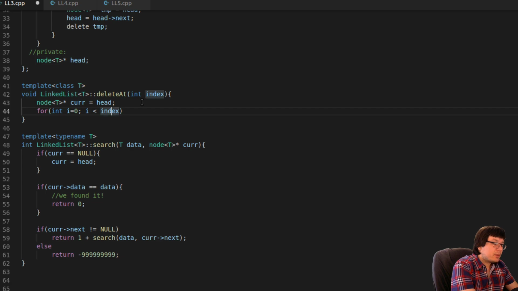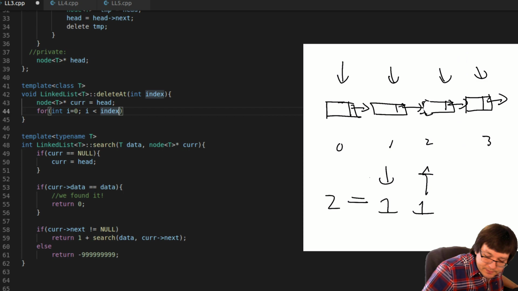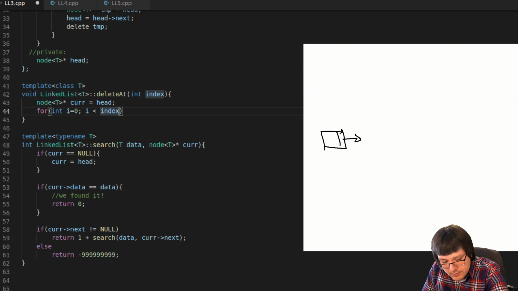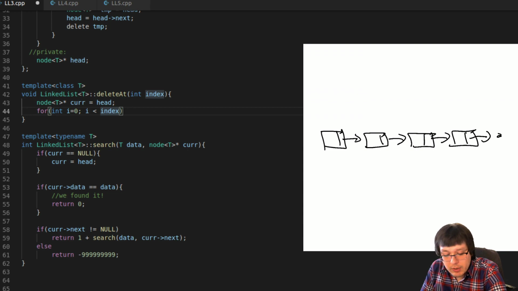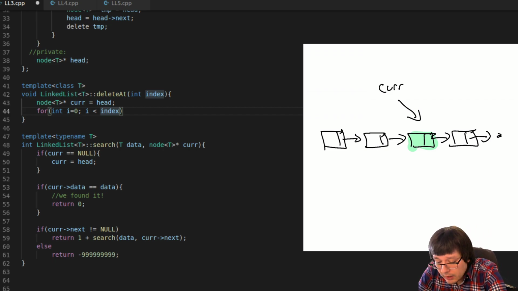Okay. In fact, actually, if we want it to hit 0, no, it'll be good like this, because when we get to what we want to delete, we don't want to be getting just a pointer to where we delete, right? Because this is going back to a scenario that happens when we're deleting, which is if I want to delete a specific node, let's put 4 of these in here so you can see it. So suppose that what I want to delete is this node here, okay? If all I am given is a pointer to that node, I can't do the delete successfully because I need to be able to update this pointer.